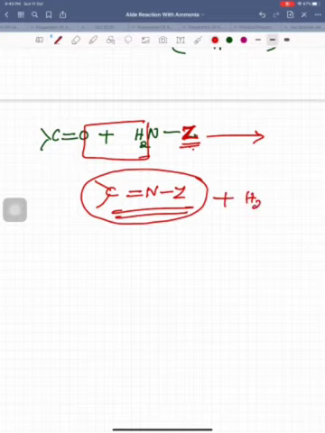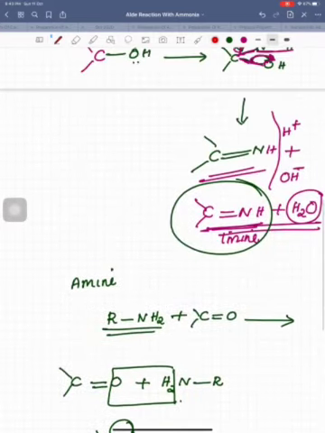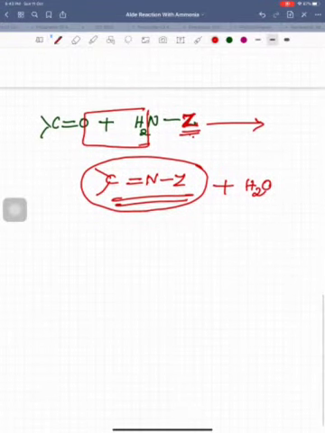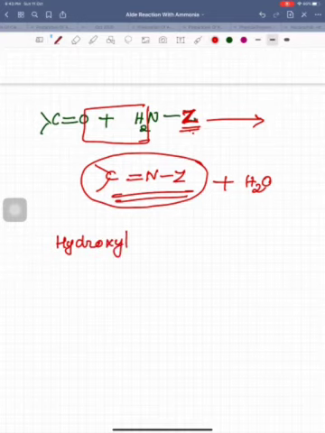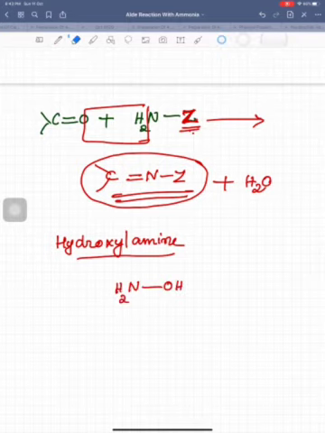In between, the intermediate formation, we explained many times what's happening in this. With the help of ammonia I explained everything, so the same mechanism you can use. So we discussed two types of ammonia derivatives. The next one is the reaction of hydroxylamine with a carbonyl compound. Hydroxylamine means, what's the general notation of hydroxylamine? It is NH2OH. This is said to be hydroxylamine.